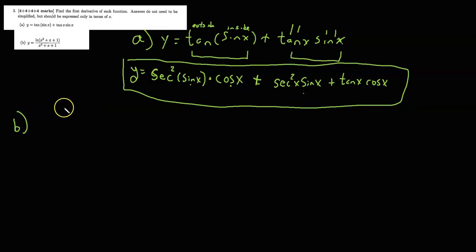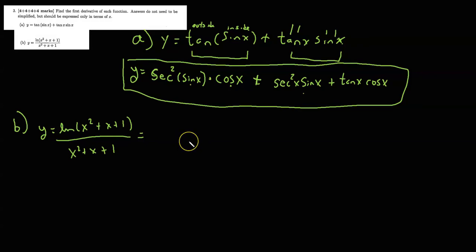Okay. So problem B is y is equal to ln of x squared plus x plus 1 over x squared plus x plus 1. So here we have the quotient rule, and it's another saying you're going to have to remember. Like I said in the earlier video, I took this class like 5 years ago and I still remember these sayings. I didn't have to do a refresher or anything. They're just in my mind for the rest of my life. Did them so much. Alright. So, sorry about that. The quotient rule, you're going to do